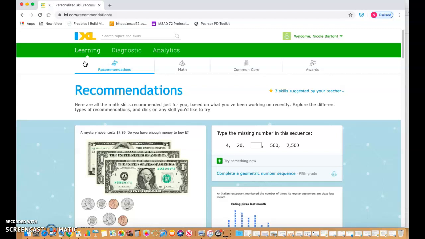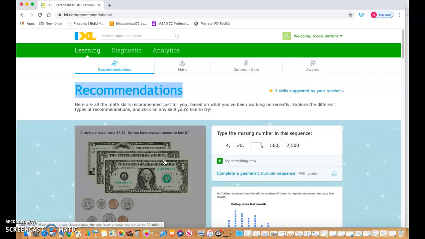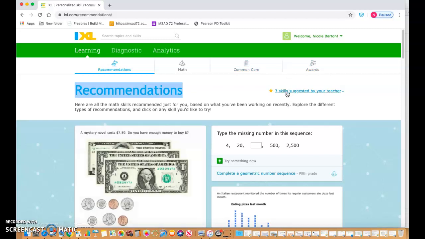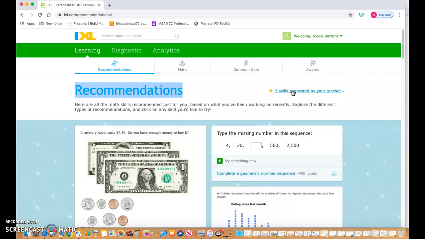Again, up here, this shows you which one you're under. So I'm on Learning. On Learning, you should see the word Recommendations. This is what is recommended for you to practice based off of your diagnostic assessment, your pre-test. I don't want you working on this. The skills that I want you to complete, there are 3 skills right here that I have suggested for you. As you can see here, this is for 4th grade, and each of these skills fall under Q. So if I click this,